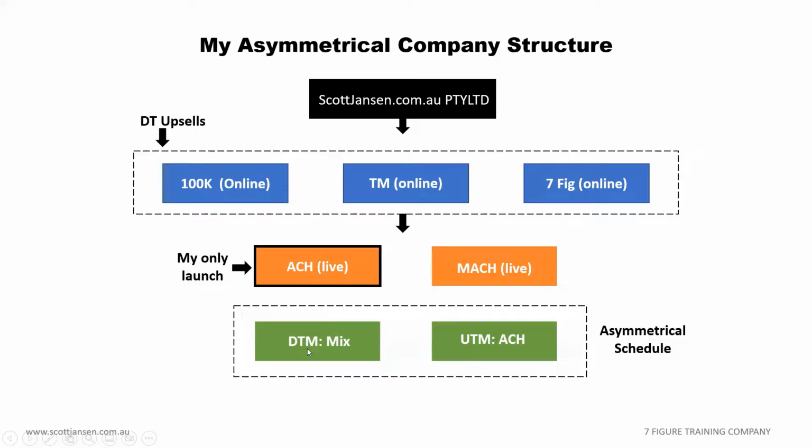Now, depending on whether I'm in launch phase, which is about 6 to 8 weeks' worth of marketing, I have my uptime marketing, where I'm only creating marketing around this launch. When I'm in downtime, when the launch is done, I'm making everything a mix. These are the 2 phases that you'll go through. Because then I'm trying to sell all of this stuff together. I'm even trying to sell downtime ACH, because there's an online component people can enroll in without doing the live event. So it's a mixture of all of this stuff.